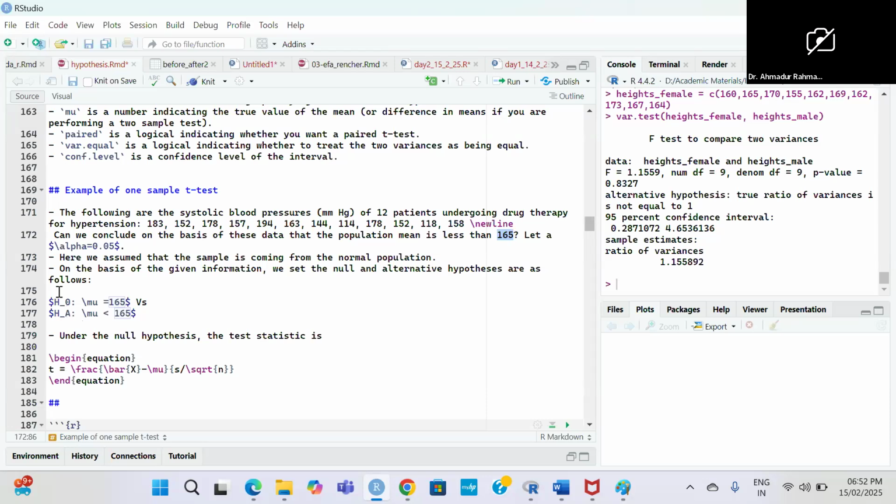So see here we have stated the null and alternative hypothesis. We say mu is equal to 165,